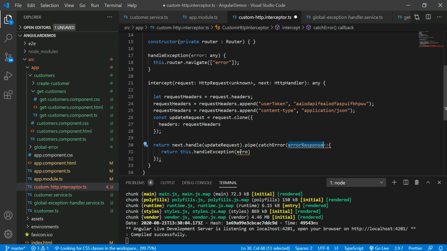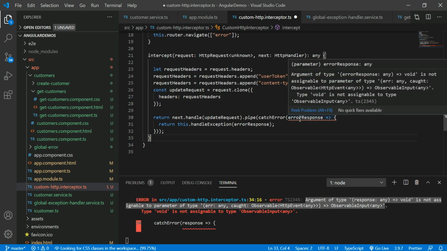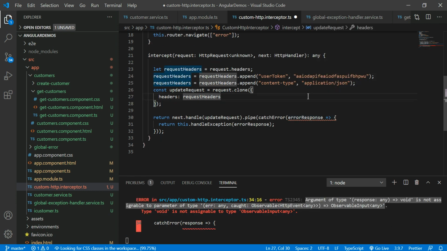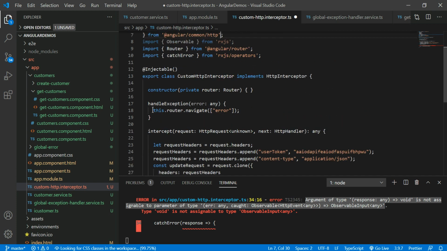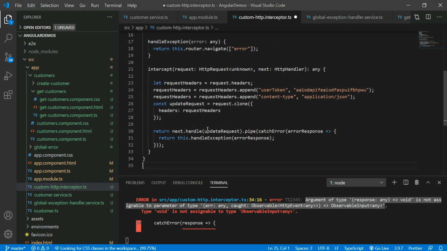Now the error response contains void. Otherwise, whenever handling catchError, the function should return.